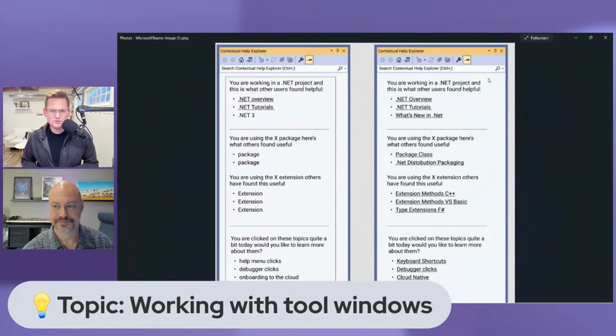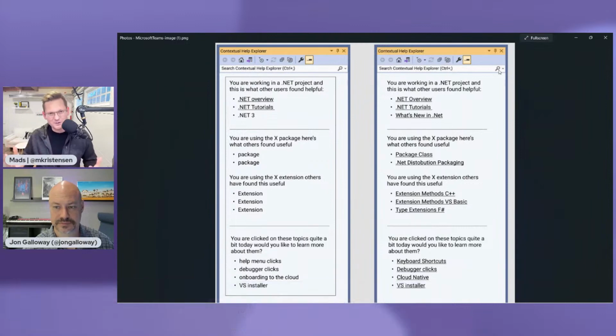So imagine you had a tool window called like Contextual Help Explorer. That's a horrible name, but the idea is that the content of this tool window is dynamic. You can see here, look at the one to the right. It says, hey, you're working on a .NET project. Here's some tutorials for .NET. Then underneath is like, hey, here's some NuGet packages you're using. Do you want help with those? Let me link in, provide you some help. It could also be, hey, you're typing in a C# file. Do you need tutorial for C#, some video content, all sorts of stuff. And then the last one,